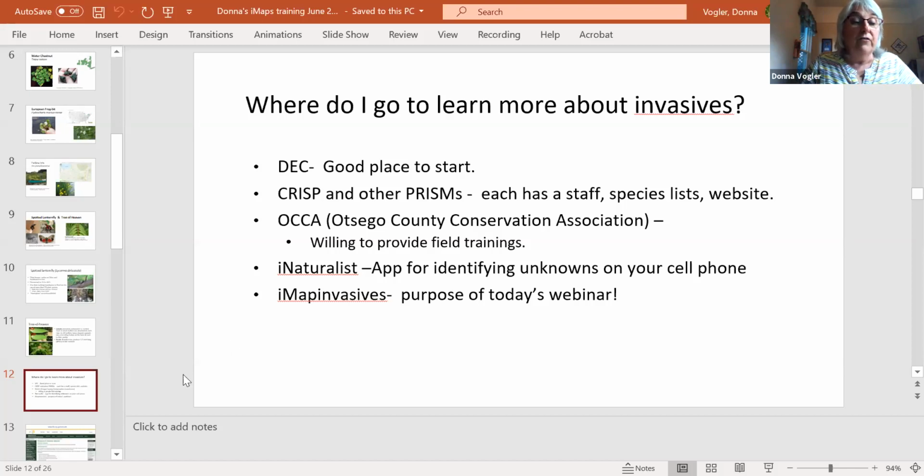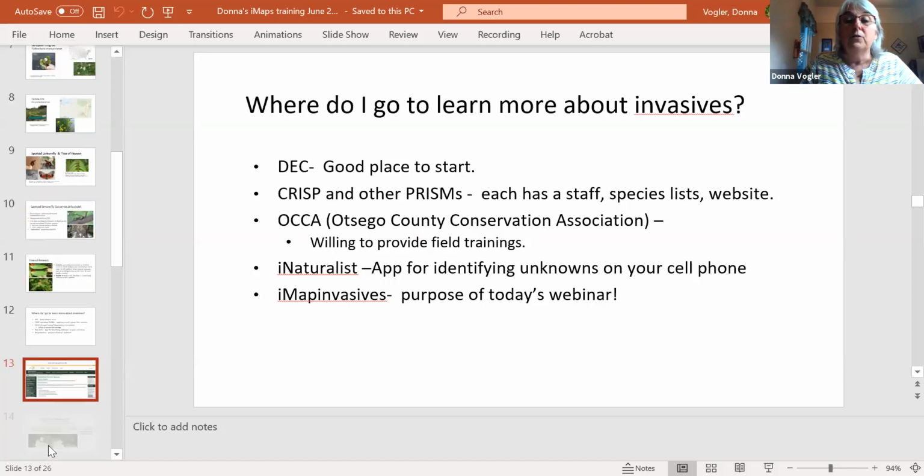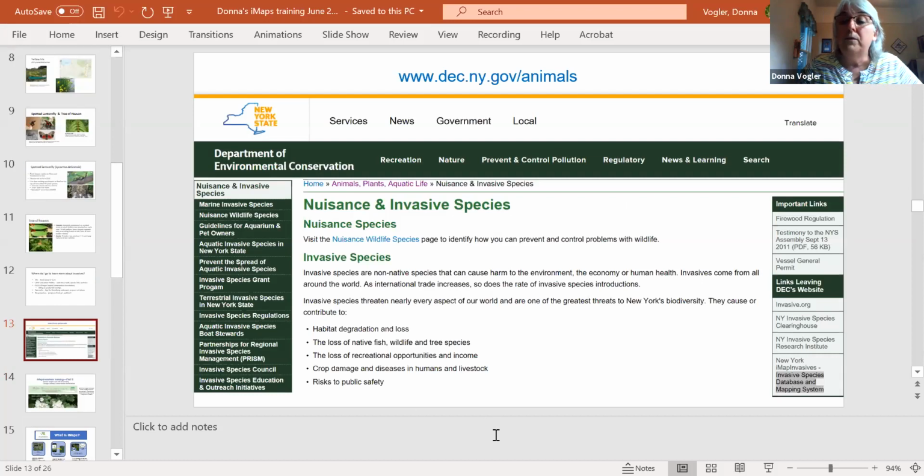So I'll save that for later. This though, just want to show the DEC's website, and just to sort of look at all the various bars at the left, the different areas for invasive species, marine, terrestrial, aquatics. It does provide a link to all of the PRISMs, these partnerships for regional invasive species management, the councils, the education.